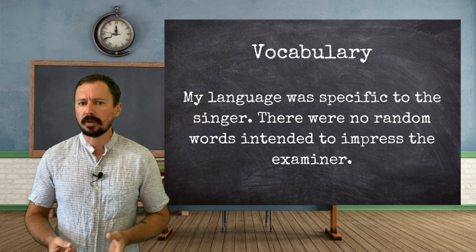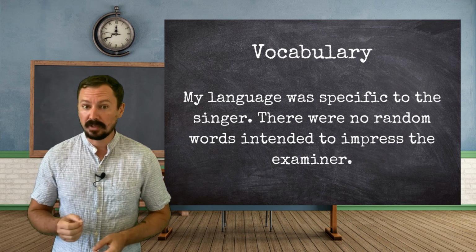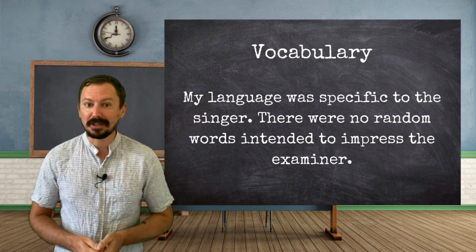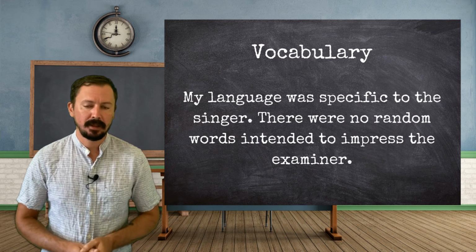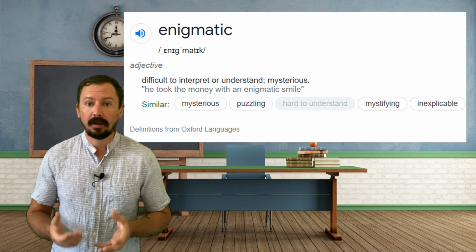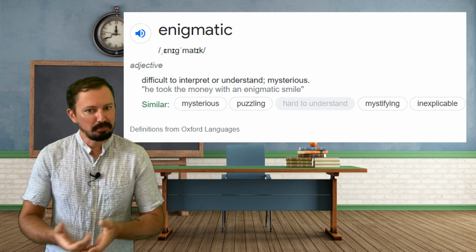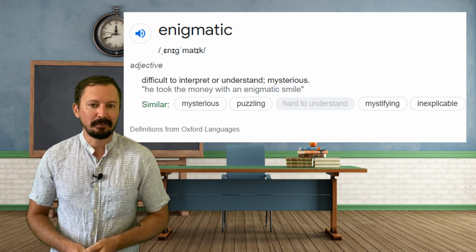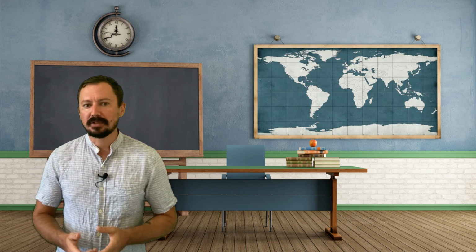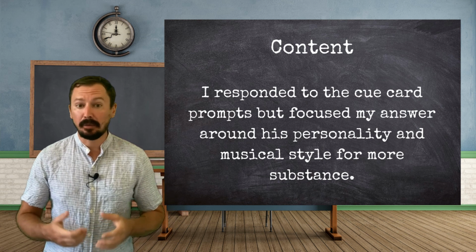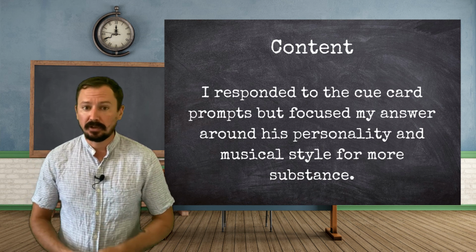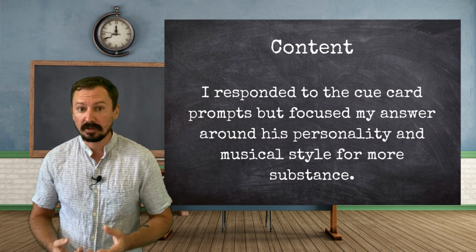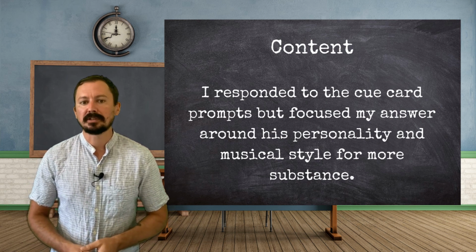Remember that it is important to be accurate in your word use, and using random words from the dictionary will never help you. Words like enigmatic help me to describe Dylan, but they don't really apply to everyone. Importantly, I captured his style and personality and dealt with his musical range. I talked about folk and protest songs, as well as his confusing lyrics.